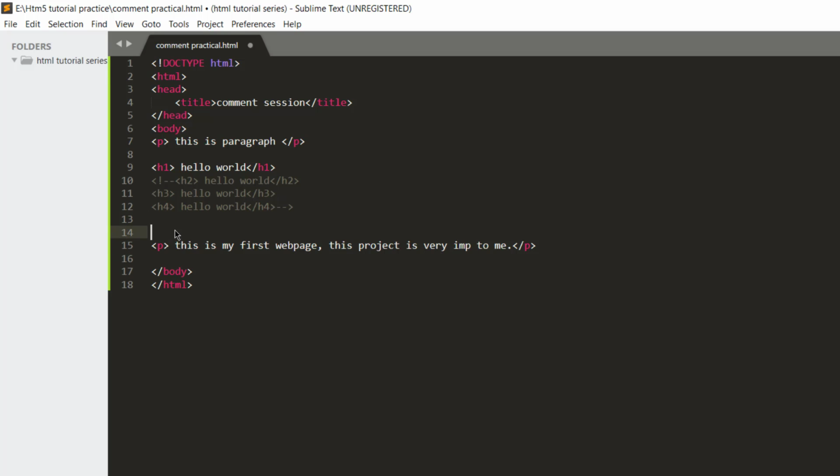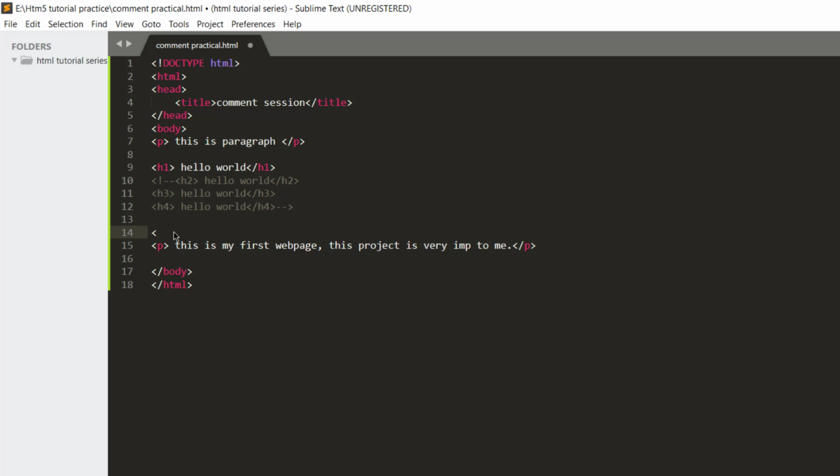So in future I might need this paragraph. Right now I don't need it, so I'm just going to comment out this paragraph so it doesn't show right now, but in future if I need it, I can get that information and use it in my web page.